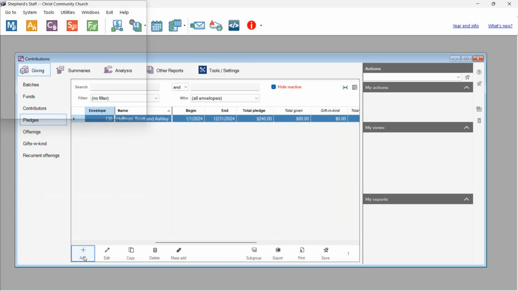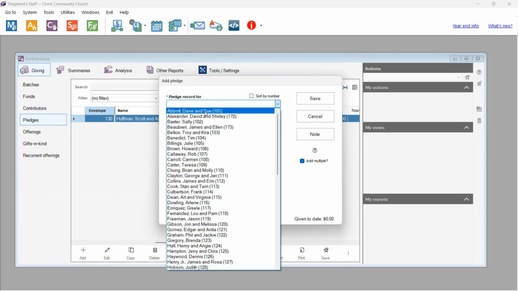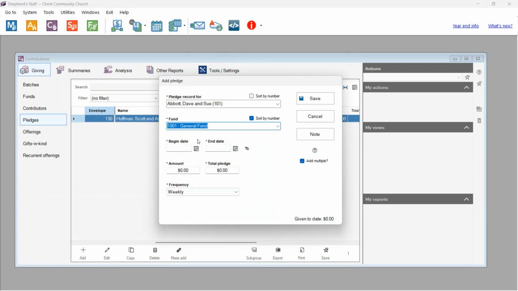So just to go over some notes real quickly, if you're wanting to add multiple pledges, you can check this add multiple option right here. What this will allow you to do is, when you're entering your pledges for each individual, I'll actually just do a random person this time. And I'll just do the general fund, the beginning date for this one, and I'll just do 100. And now if I press save, it will allow me to stay on this add pledges screen,